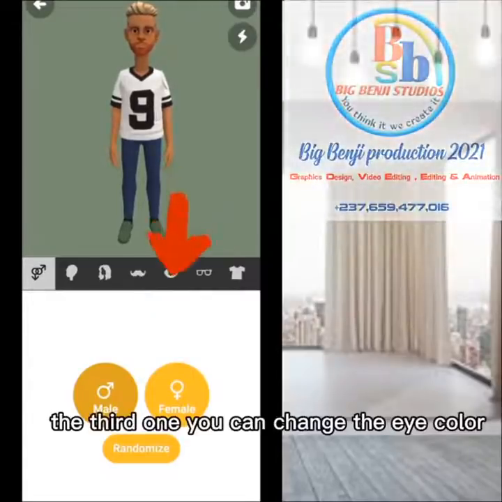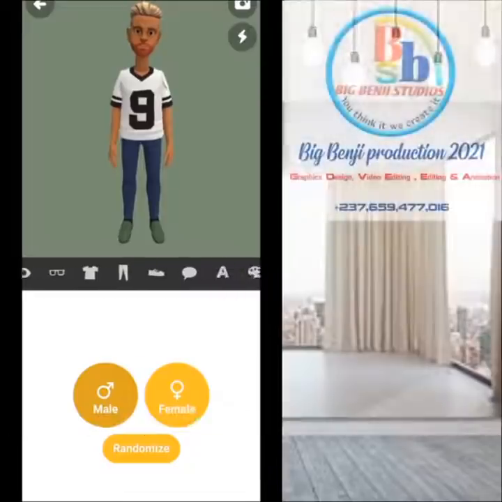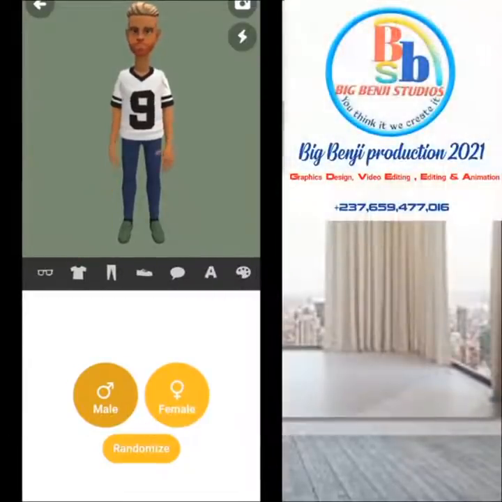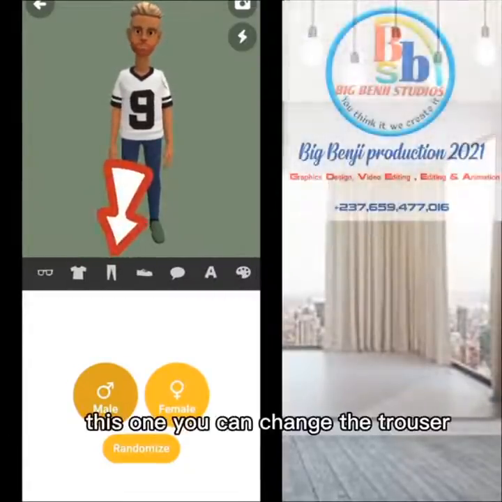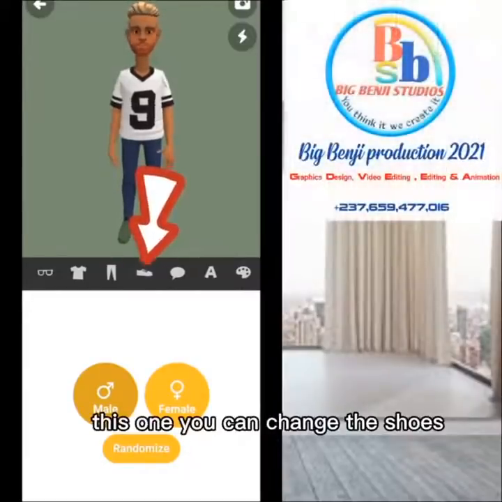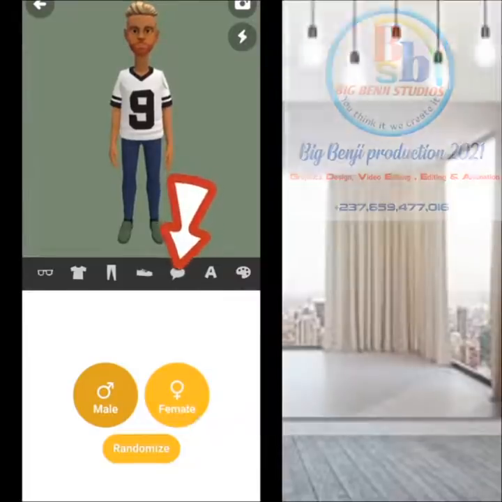The third one, you can change the eye color. The fourth one, you can change the lenses or the eyeglasses. This one, you can change the top. This one, you can change the trouser. This one, you can change the shoes, even the colors. This, you can change